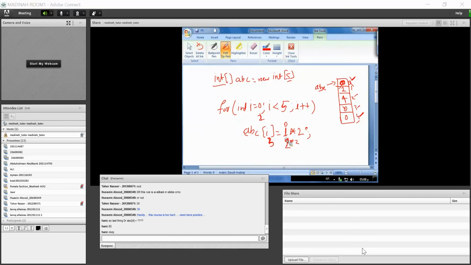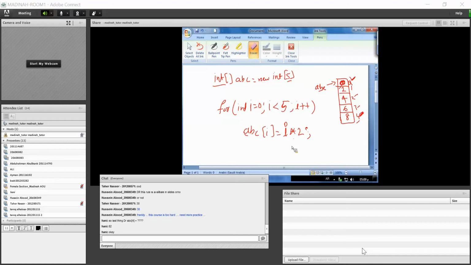So the value of I is 3, 3 into 2 will be 6. So at the fourth position it will have the value 6. The next I becomes 4. So ABC of 4, which is this one. So I is 4, 4 into 2, 8. So the value here is 8.